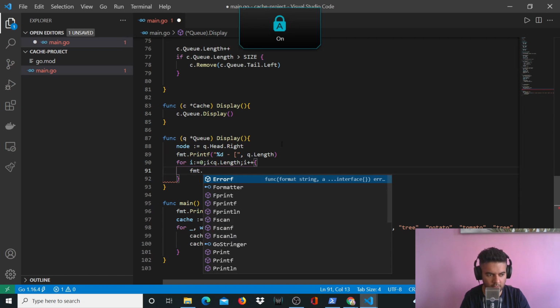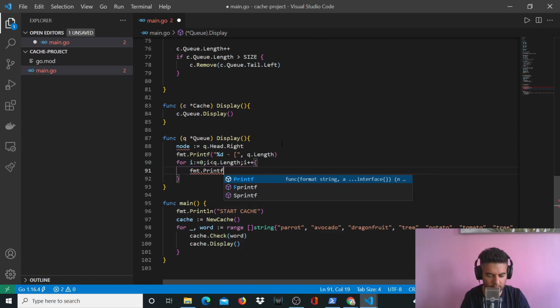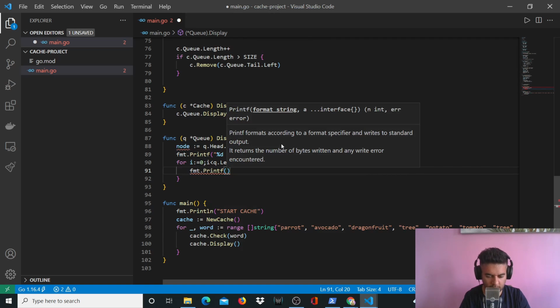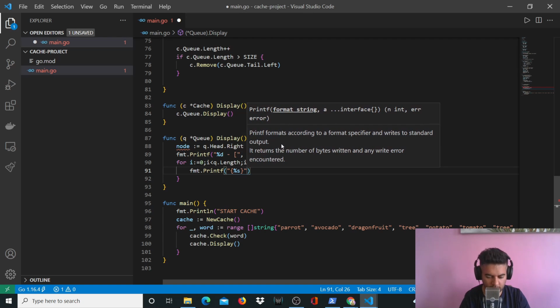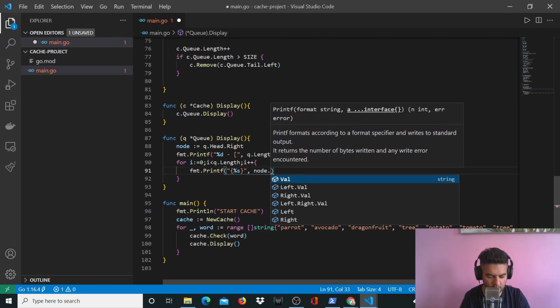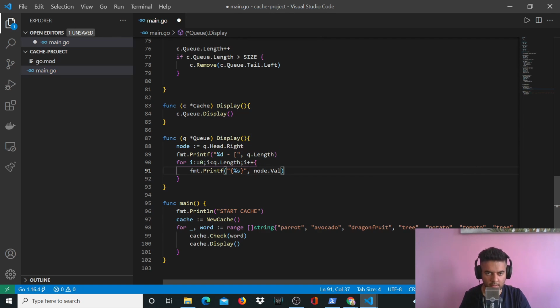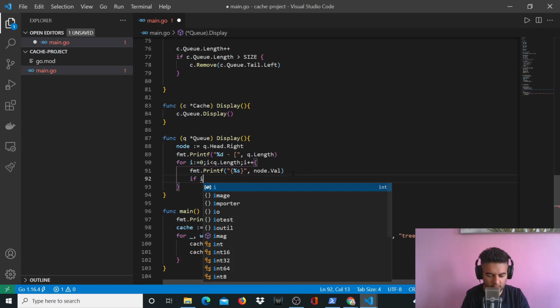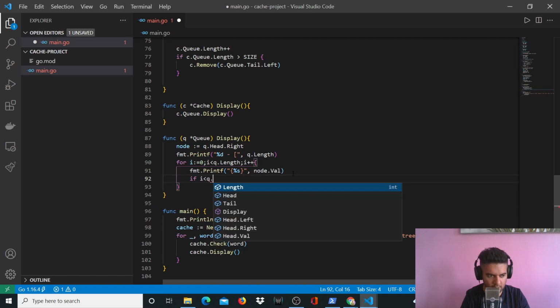We'll say fmt.Printf %s, comma node.val. This basically helps us to print the node's value between those curly braces, as you'd seen in the beginning of the video. If i is less than queue.length minus 1,